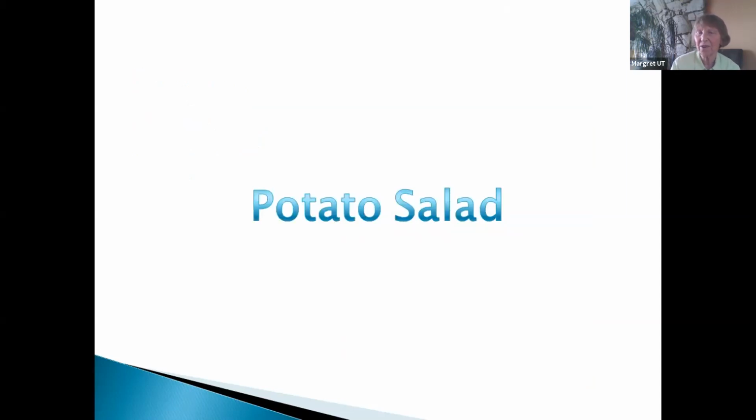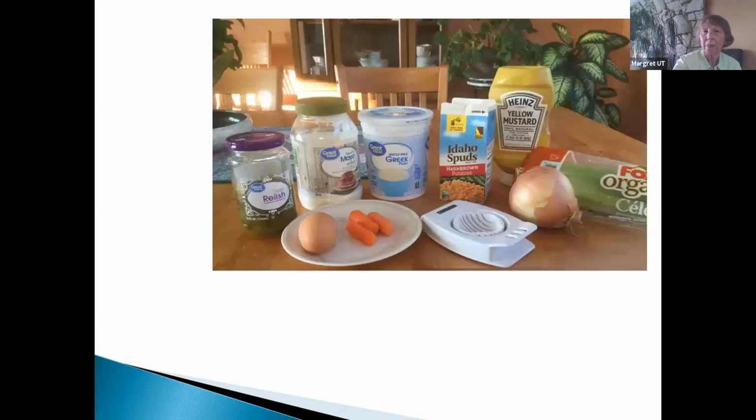The other recipe I'm going to do is, with the rest of those potatoes, I'm going to make potato salad. And if I was making potato salad out of the whole carton, I would probably put that boiling water in early in the day and just let them rehydrate all day. You know, if they cool off, you could put them in the refrigerator. And what I use for my potato salad is I use sweet relish. I put some mayo, I put a little bit of Greek yogurt in it, and a little bit of mustard